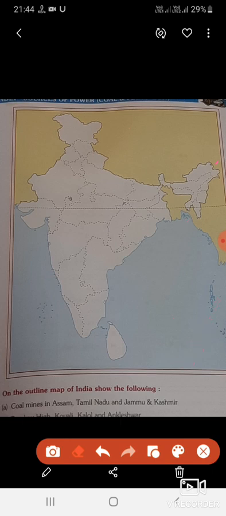Now I am going to explain India's neighbors with the help of the map only. Pakistan is in the west, Afghanistan is in the northwest, China, Nepal, Bhutan in the north part, Bangladesh and Myanmar in the east. Across the sea, we have the two island countries of Sri Lanka and Maldives, which are our